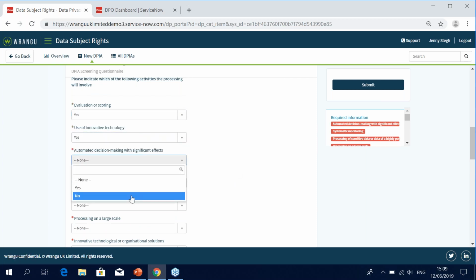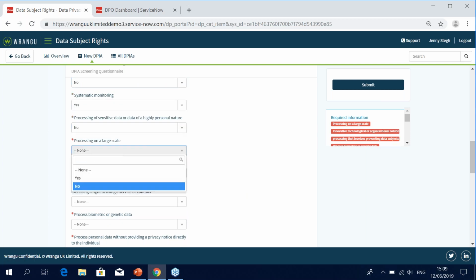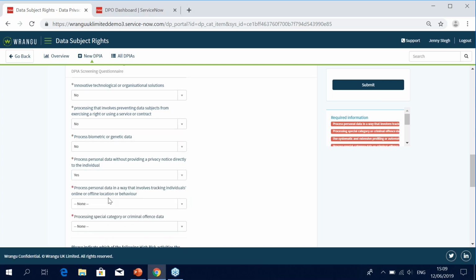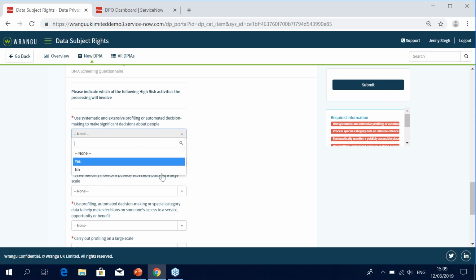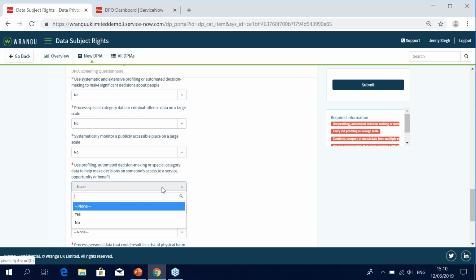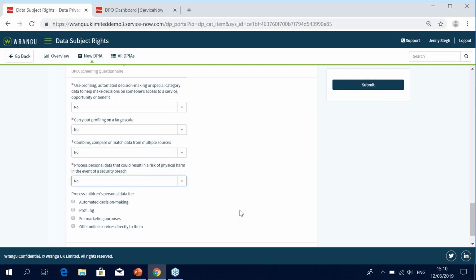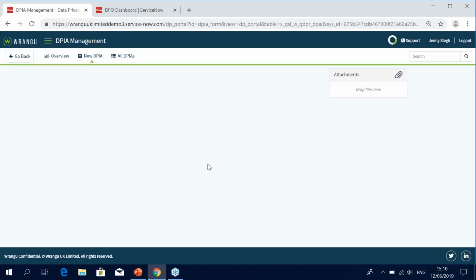So just to show you, I'm going to answer a few of the questions, some of them with yes or no. I have answered now more than two of the upper part with yes. I'm going to answer no to all of the high risk areas. So it's not a project that will involve high risk regarding the processing of personal data, but it does process the data in such a way that a full DPIA according to the legislation should be required. So once I submit this one,